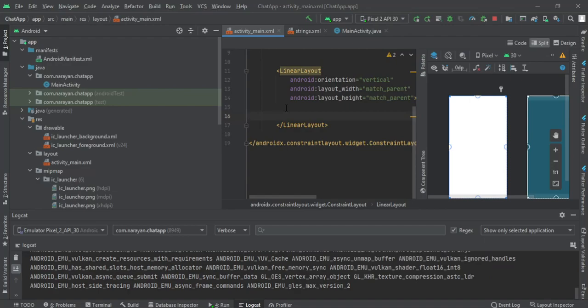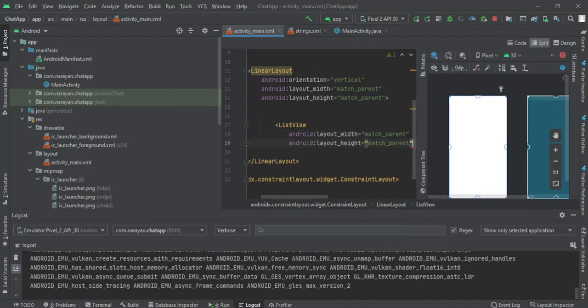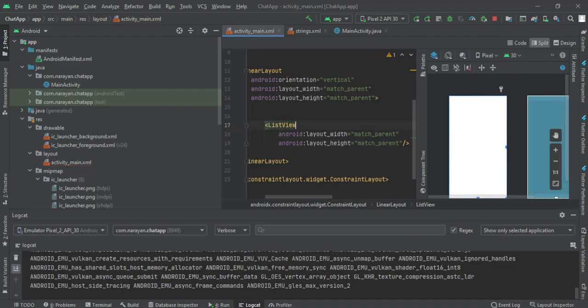So what we could do is simply create a list view component and add match parent to it. As we do not have any other component to be placed, I am directly using match parent for both properties. Whenever you design components, make sure that all the components have ample space and they are responsive as well.